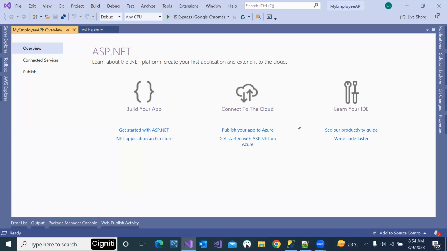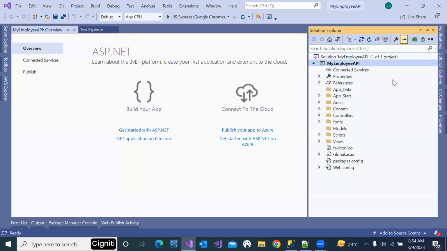So let's see. First, if you want your service to interact with your database, this is the structure of your MVC. As I said, your ASP.NET MVC web application comes with MVC, meaning model, view, controller. The model will hold data, and the controller will operate your models and views, controlling your views and models. But when it comes to web API,